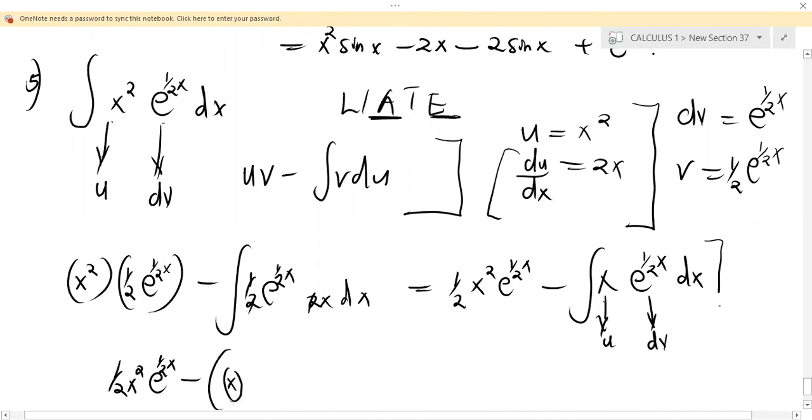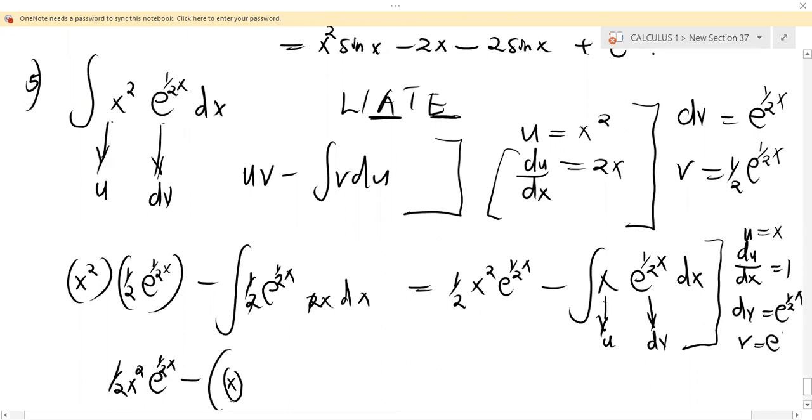We can find the values from this. If our u is equal to x, du dx is equal to 1. If our dv is equal to exponential a half x, then v is equal to, if you were to integrate this function, then you will get, so the integral of this